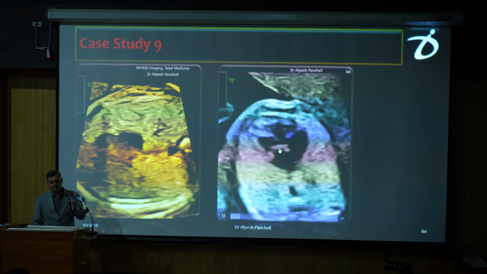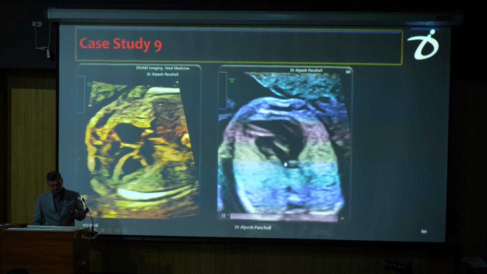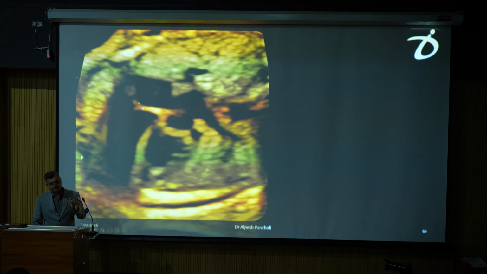And in 3 vessel trachea view we have a single great artery. So here this is a still image. This is the pulmonary veins draining into the left atrium. Here the offset is reversed, and this is the right ventricle. This is the moderator band. So the morphological right ventricle is lying on the left side, and this is the smooth left ventricle which is lying on the right side or anteriorly. So we have ventricular inversion, and on the 3 vessel trachea view we can see there is a single